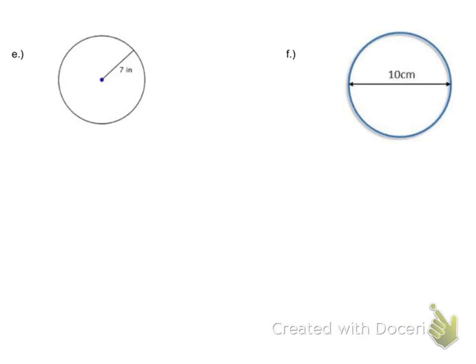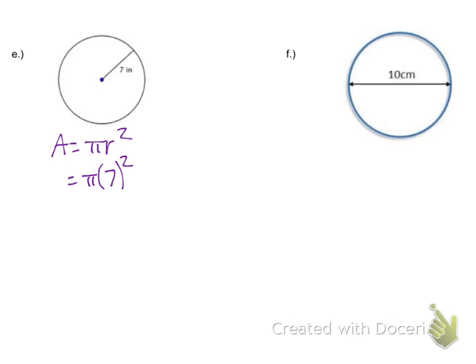So the next ones are circles. One of them has a radius of 7 inches, and the other one has a diameter of 10 centimeters. Give those a try. And for both of these, the area of a circle is what? Pi r squared. It's pi r squared. Hey, we know the radius. The radius was